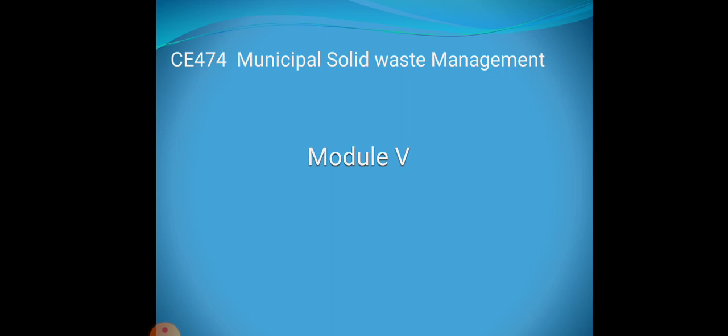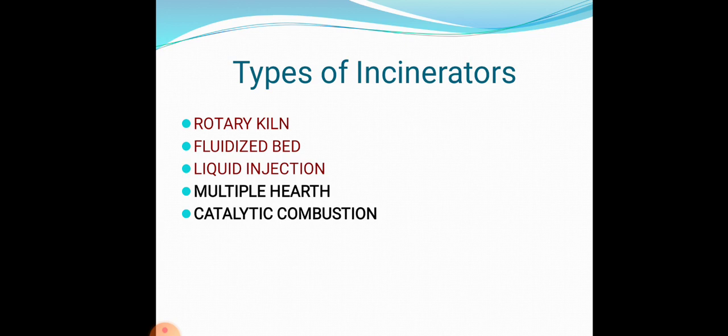Based on the technology, it may be classified as mass burning system or the RDF system, that is the refuse derived fuel system. Also, we have already discussed three types of incinerators that are more prevalent in the industry because of their applicability to large scale use and their versatility, namely the rotary kiln incinerator, fluidized bed incinerator, and the liquid injection incinerator. One characteristic that all these three types share is that they can be operated in a pyrolysis mode or in an oxygen starved mode.